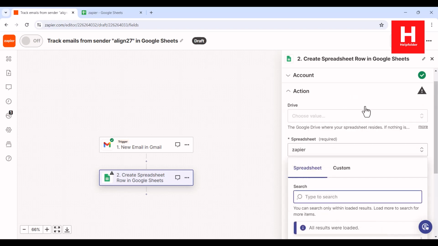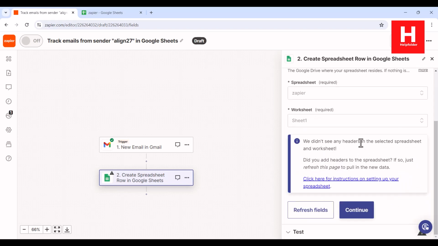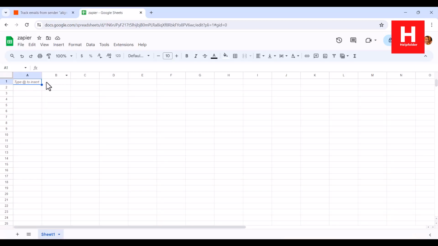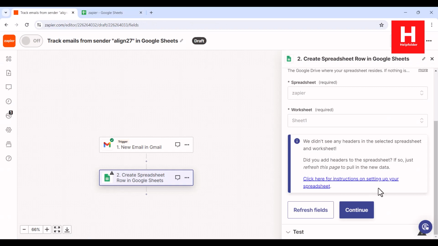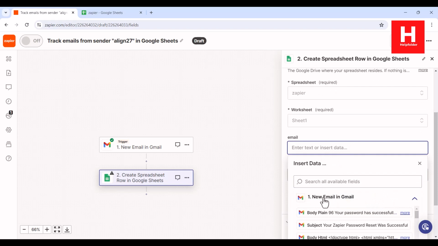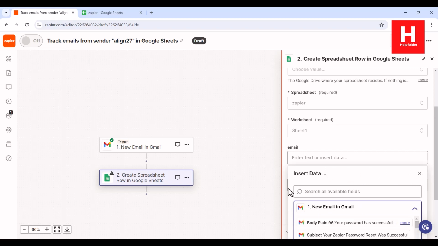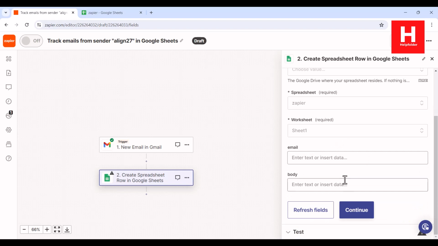and here you see the worksheet is also there, sheet 0, right? Now we didn't see any headers, so we can add headers here, and here let me pick the option email body, right? So I will just put in these two, refresh fields, and okay, so we have everything. So new email, right? And then I can move to next,